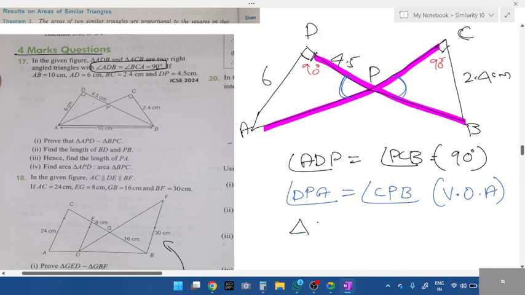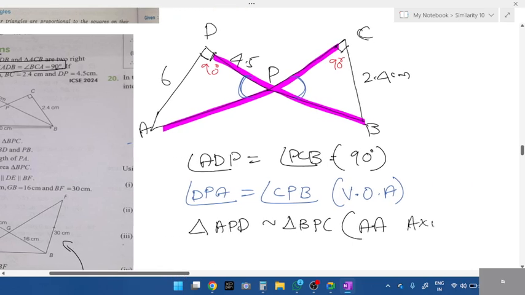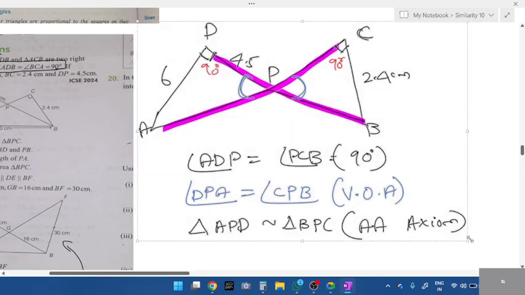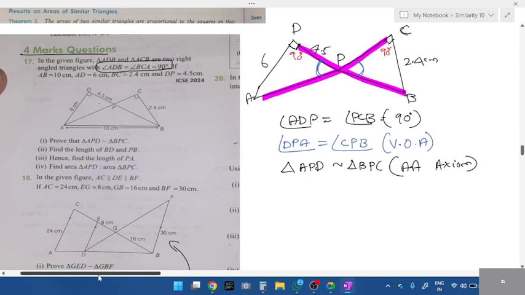Triangle APD is similar to triangle BPC. Angle axiom, AA axiom. So you have four questions, 4 marks, students. If this is correct, you'll get 1 mark. Okay, if this is correct, you'll get 1 mark. Next,